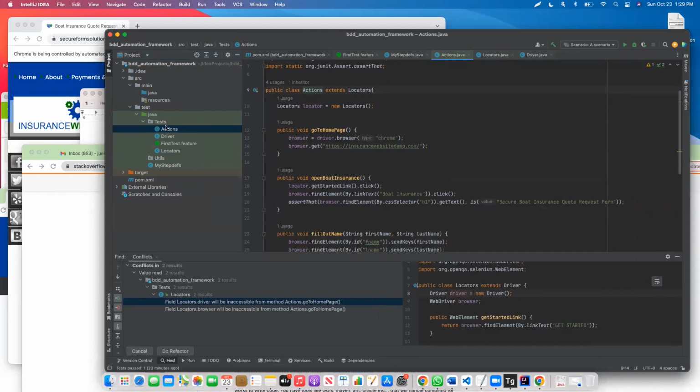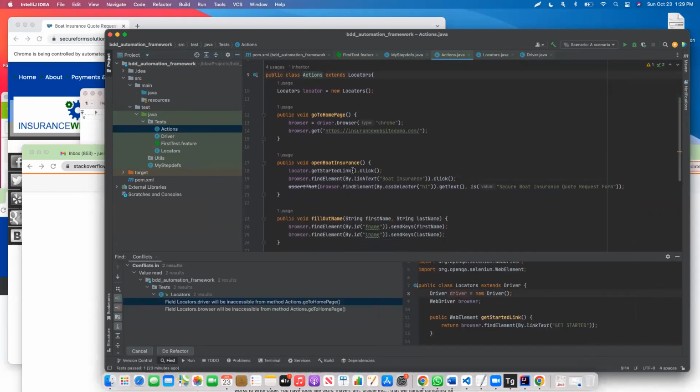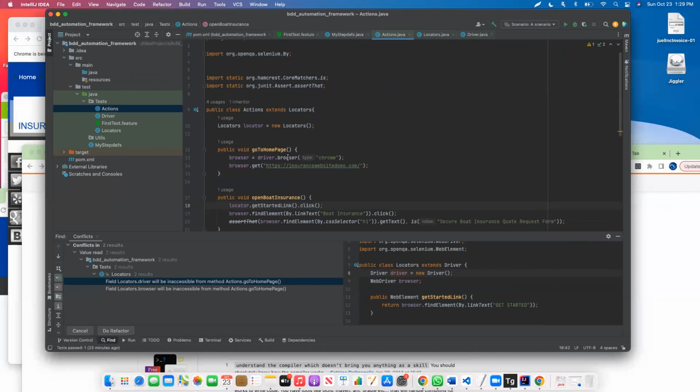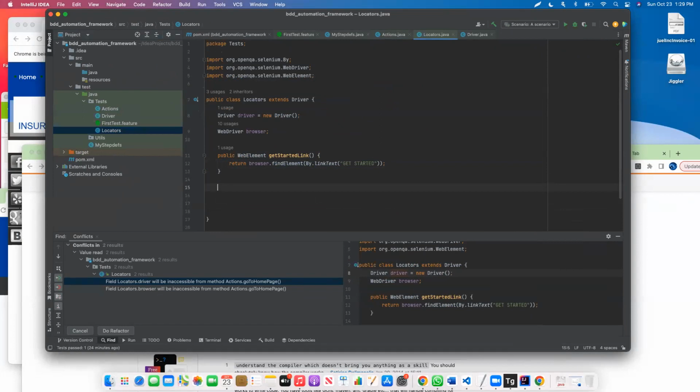Let's go to the action class to make sure that everything is updated. So we did the get started link, it's fine. But then remember, the IDE is not recognizing the fact that we're not inheriting the driver, right? I don't know how the driver is being called in here. So then we need another method to go somewhere, right? So we can just go ahead and go to the locator and create another public